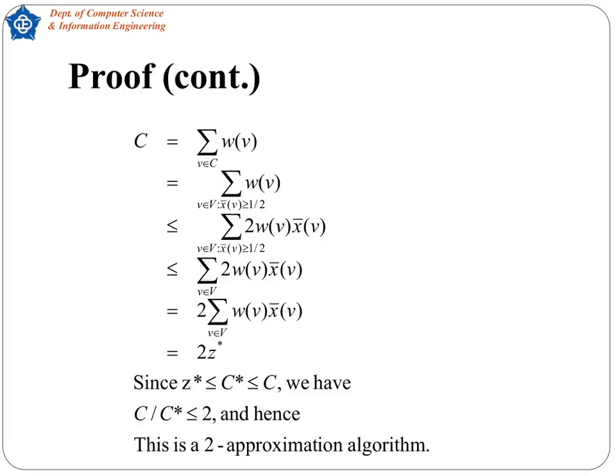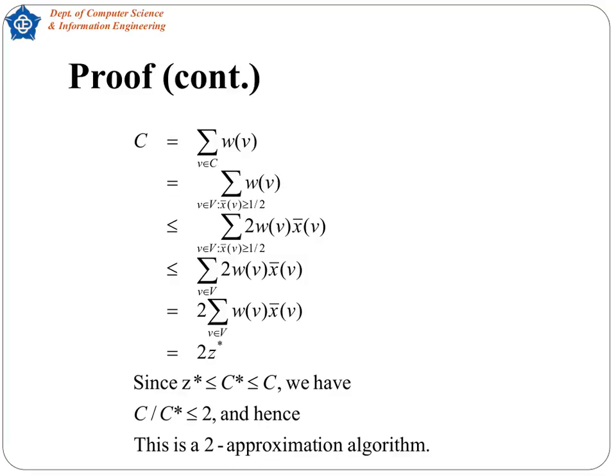Building on that bound, let C denote the total weight of the vertices we've picked. By definition, C is just the sum of w_v over every chosen vertex. Since we only include vertices whose relaxed value x_v is at least 1/2, each term w_v can be bounded by 2 w_v x_v, as 2 x_v is at least 1. Summing over all vertices gives C is less than or equal to 2 times the sum over v of w_v x_v,